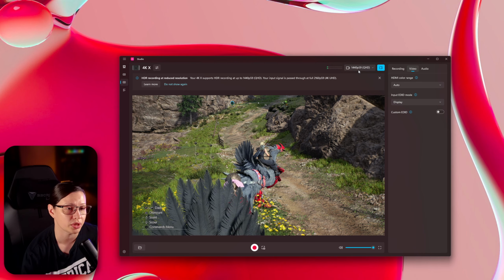There's also audio if you have an external capture card, so you can route audio over HDMI or analog. PCIe, you do not have to worry about that at all. There's no tab for audio because it's directly through your PC. But external capture cards, if you're doing like a headset and you're using a ChatLink Pro, you're going to want